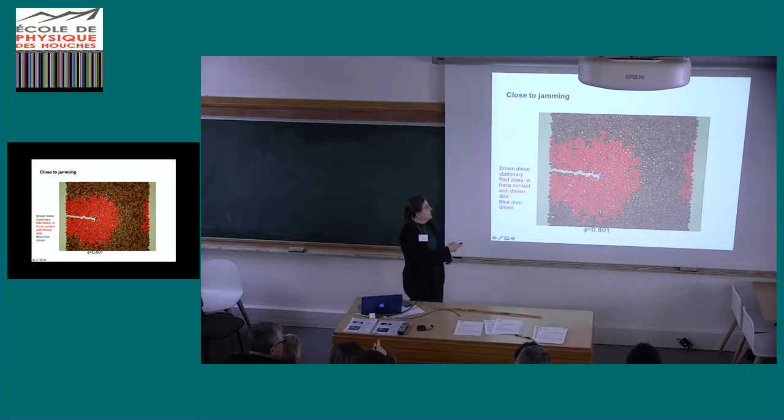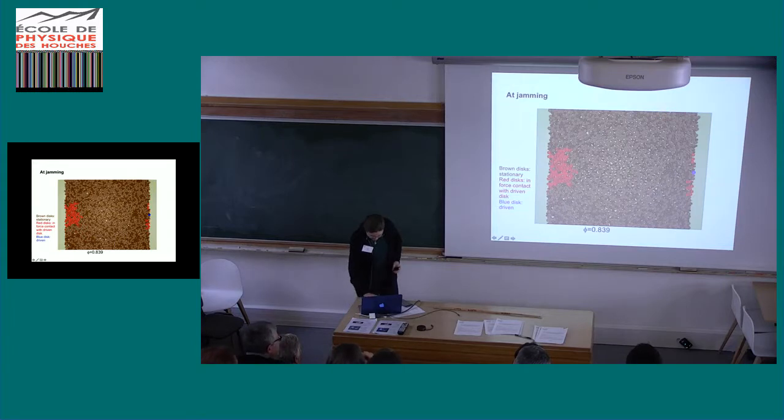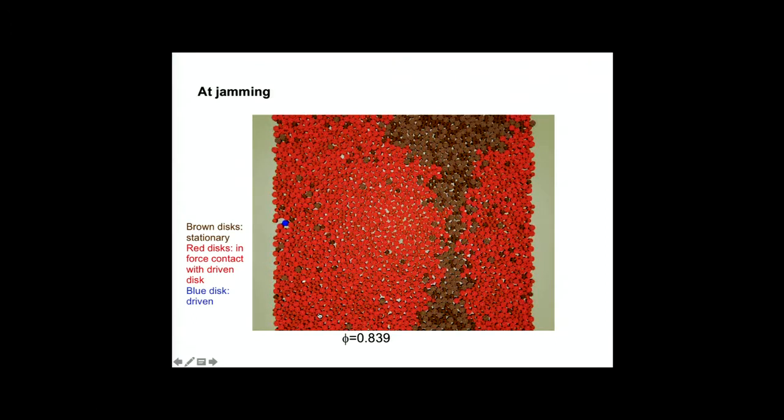Yeah, so here we're just putting a constant force, and everything's overdamped. And we can measure the velocity of this disk, and this actually tells us how many other disks we're pushing as a function of the density. So now we can make things more dense, and this is essentially at the jamming transition within the resolution of our simulation. And so now what you see is as you try to push this, the disturbance immediately is propagating all the way through the packing, and it's reaching the limit of our finite size because it's touching itself.